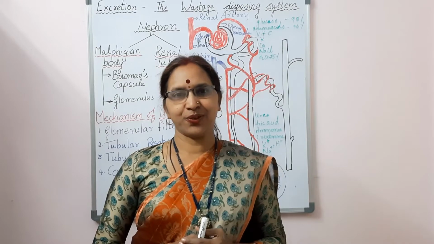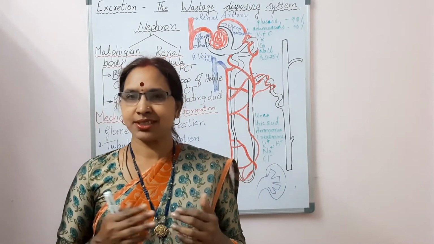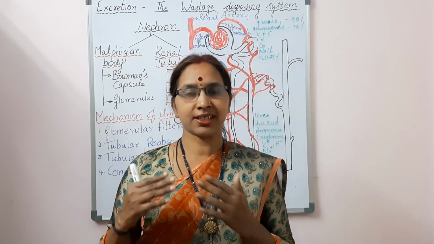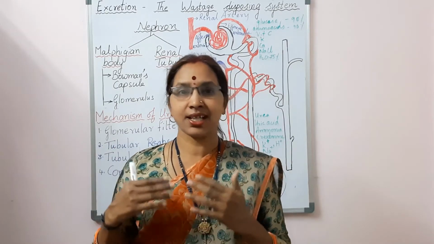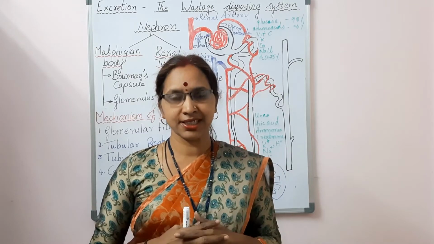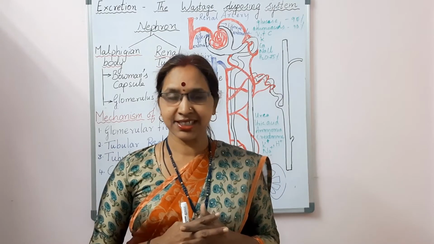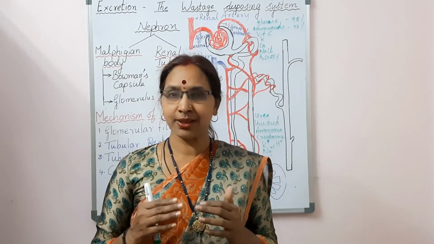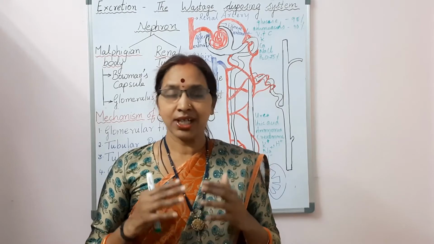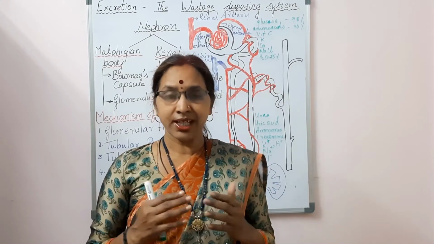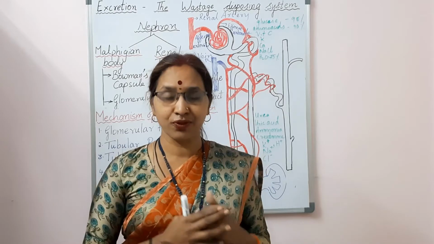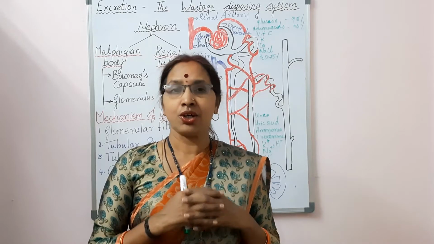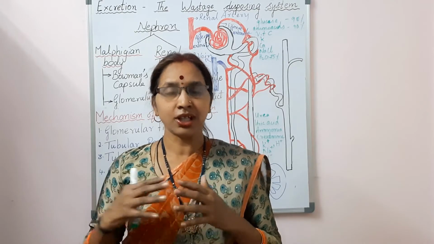In the previous video, we learnt about the most important process, that is excretion. We also learnt that excretion takes place through a system which is known as the excretory system or the renal system. And we learnt that the excretory system consists of a pair of kidneys, a pair of ureters, a urinary bladder, and the urethra. Then we learnt that each kidney consists of nearly millions of nephrons which are responsible for the filtration of blood and then urine formation.